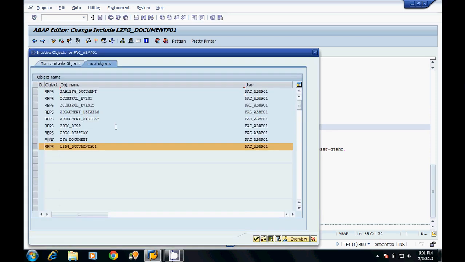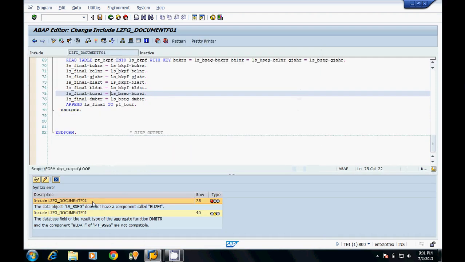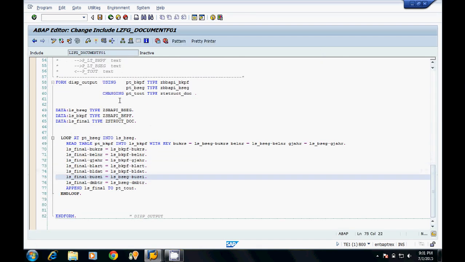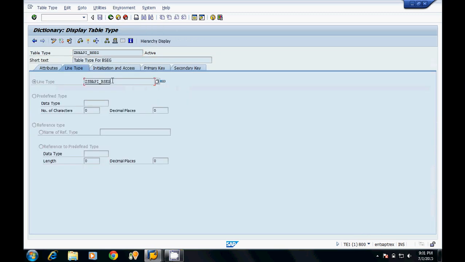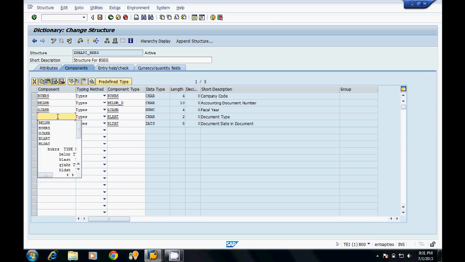Now I am activating the logic. Sorry, in the PSEC structure we have two columns, that is BUZEI and DMVTR.